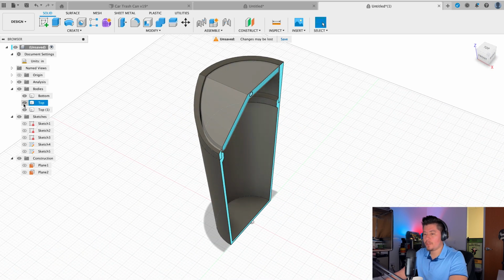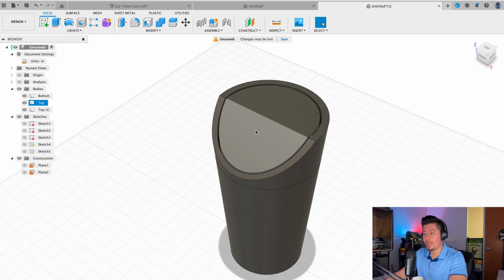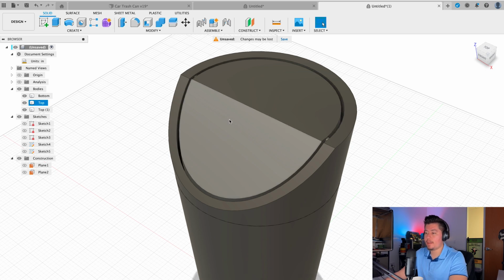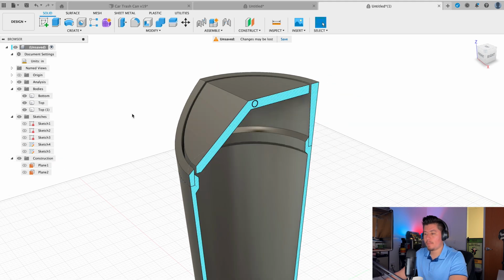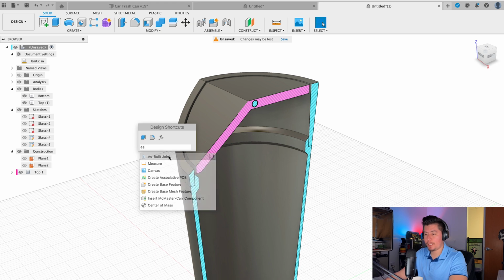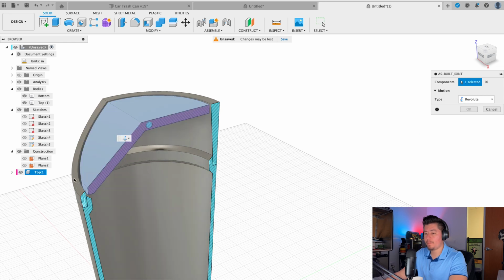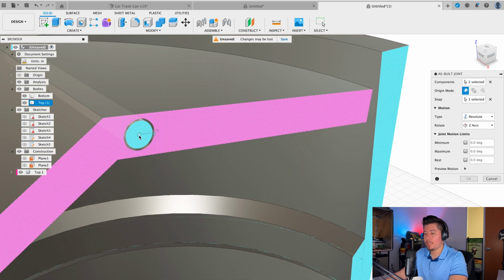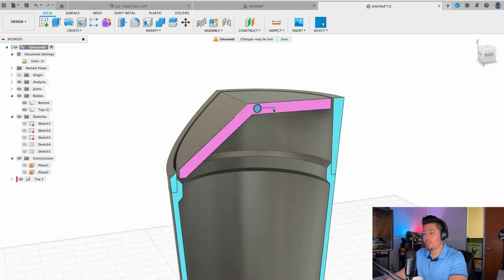So what I'm also going to add here is an as-built joint, or a revolute joint feature, so we can take a look and make sure that this doesn't hit any part of our design. So let's take a quick look. Let's turn the top piece, create component, type in S on our keyboard, type in as-built joint, revolute. So we're going to select this swivel part here and this piece here, and we're going to select directly in the middle of that part. Press OK. So now we should have a small little flag that allows you to rotate the design